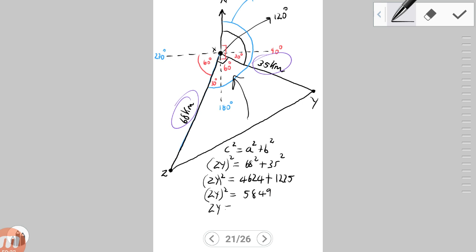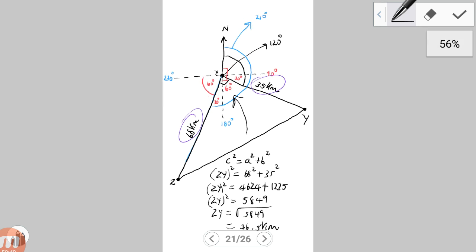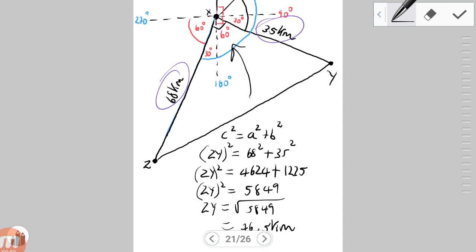So ZY then is equal to the root of 5,849, and that is equal to 76.5 kilometers rounded off. Okay, and that there basically gives us the distance of this line here. So this is 76.5